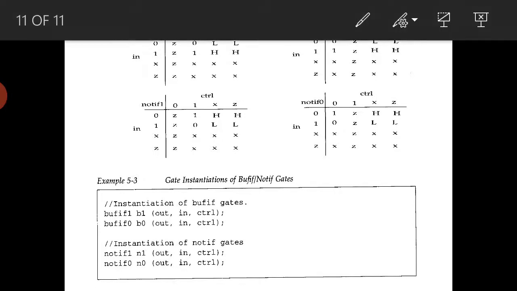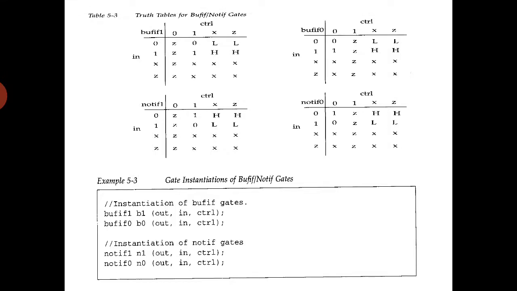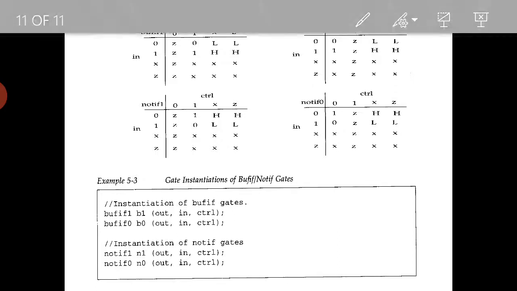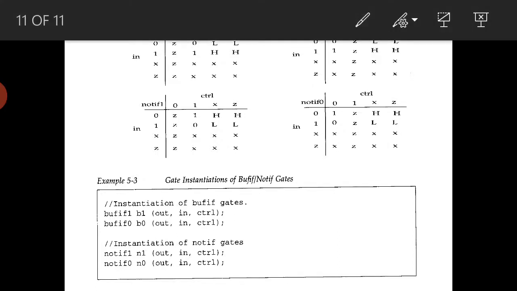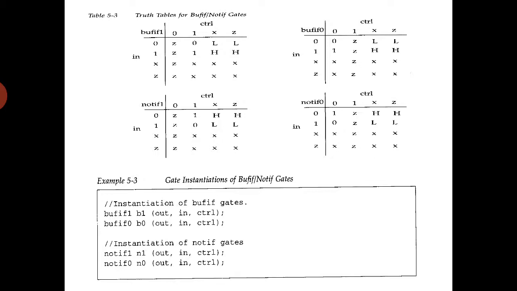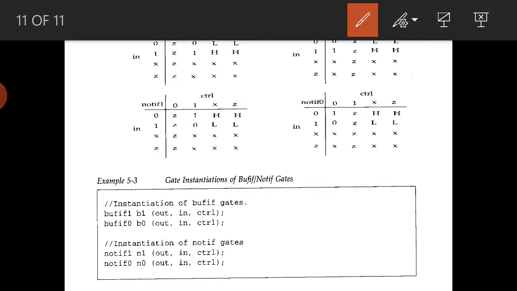The same thing here also, bufif0. If 0 is there, 0 1 X, and if control is 1, because the bufif0 will work when the control is 0, because that is active low. When control is disabled, meaning that it is 1, the output will be high impedance, otherwise it will be the same as bufif1. Similarly, notif1 means the NOT will work when the control is 1. So when control is 1, if input is 0, output is 1, if input is 1, output is 0, and when control is 0, for notif1, the output will be Z.